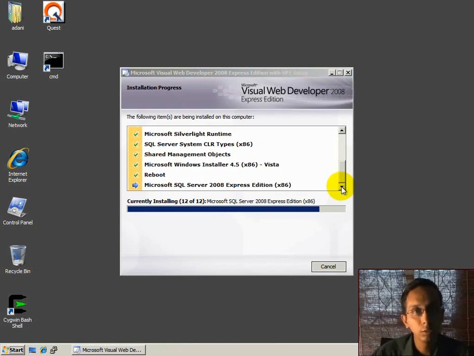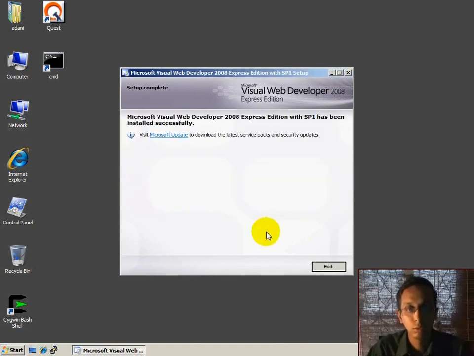Normally, if you install it as a standalone product, the installation process is quite a bit more complex, because the installer that is used here is a silent mode installer, whereas if you go for a separate download of SQL Server Express Edition and then install it, then you have to be aware of quite a few different possibilities, and you have to choose very many different things. And for a newcomer, certainly that is quite difficult and challenging. So I would suggest that you go through the process as it happens as a part of the Visual Studio Web Developer installation. So finally, you would see a message saying that setup is complete, and